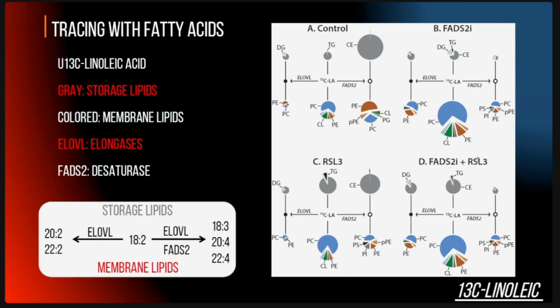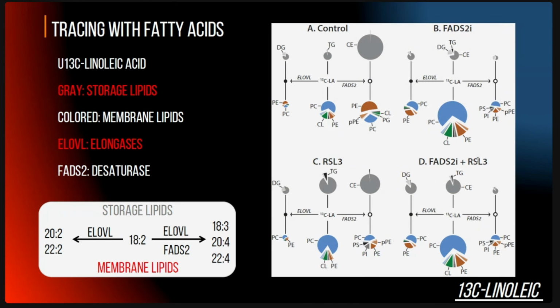I constructed this plot here, where the circles represent real abundance, so they are comparable among each other. Within the membrane lipids, we constructed a pie chart with the contribution of each phospholipid subclass. In order to understand this graph, you need to pay attention to this. The storage lipids are basically triglycerides and cholesterol esters. They are in a gray-black scale here, whereas the membrane lipids are in the color scale.